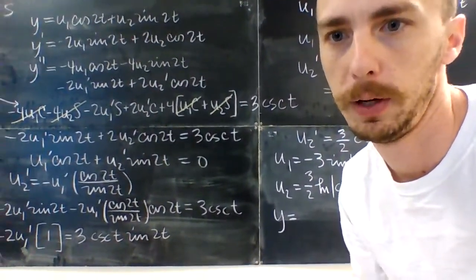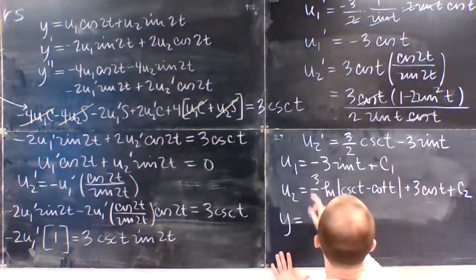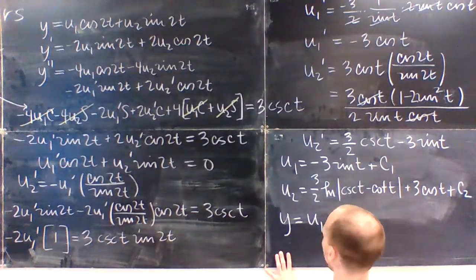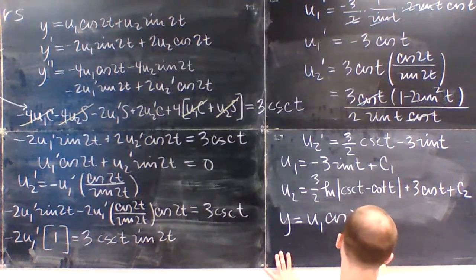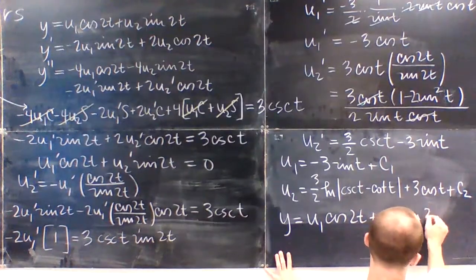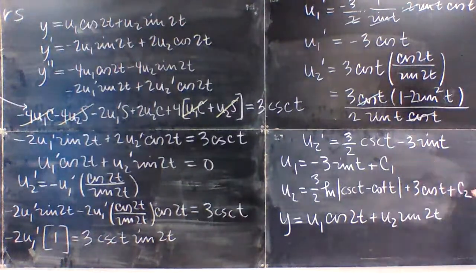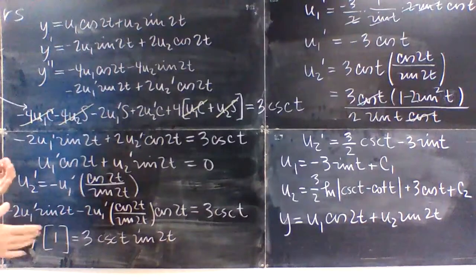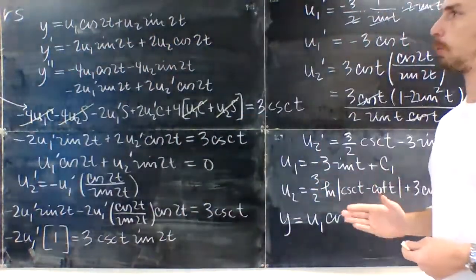So coming back over here, I'll have y equals u1 cosine 2t plus u2 times sine of 2t, and since u1 and u2 have the constants of integration built in, that will take care of that. So this is me finding the general solution to that differential equation, y double prime plus 4y equals 3